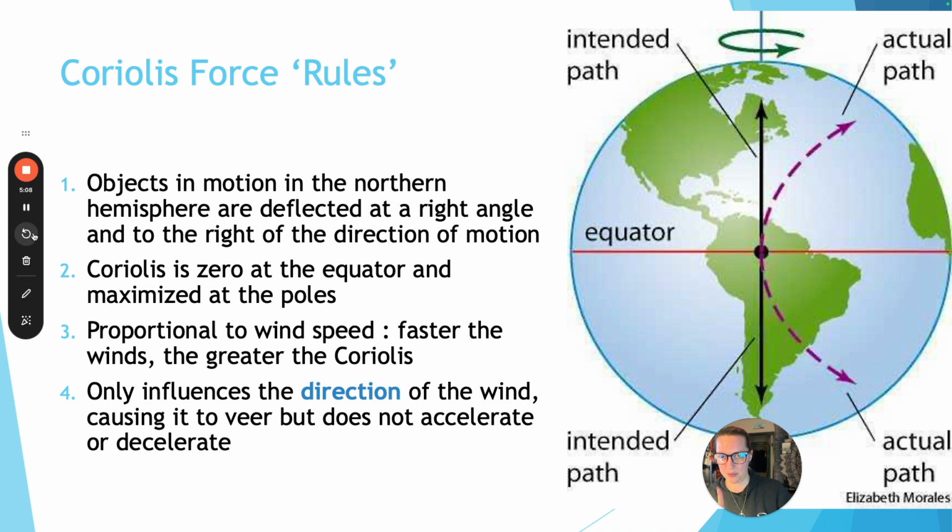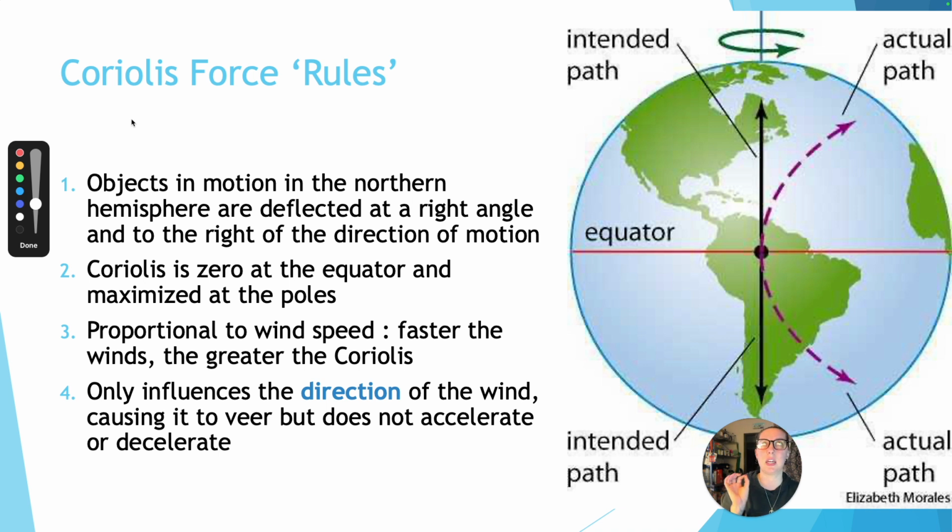Basically the equation that we use is essentially 2v omega sine phi, where omega, this image here, is the angular rotation of Earth, and then that sine of phi, that